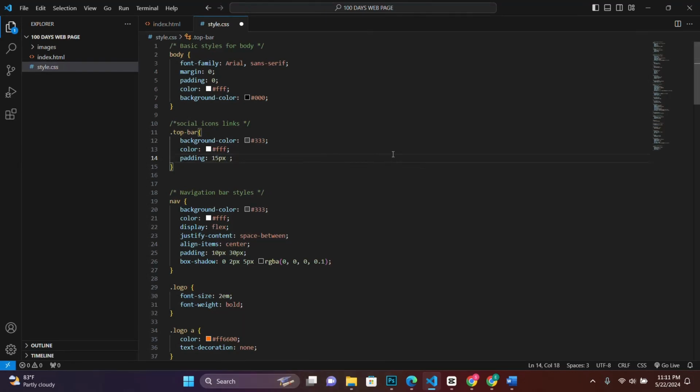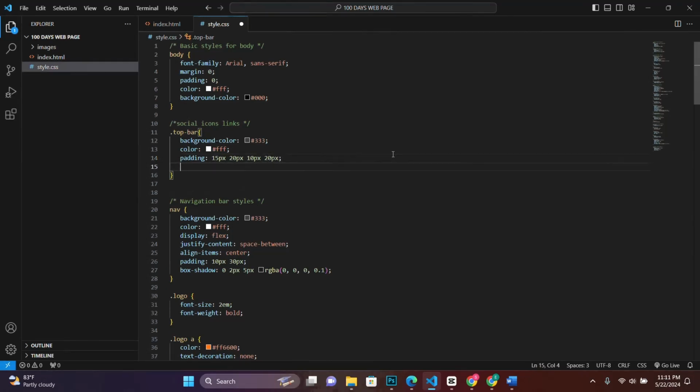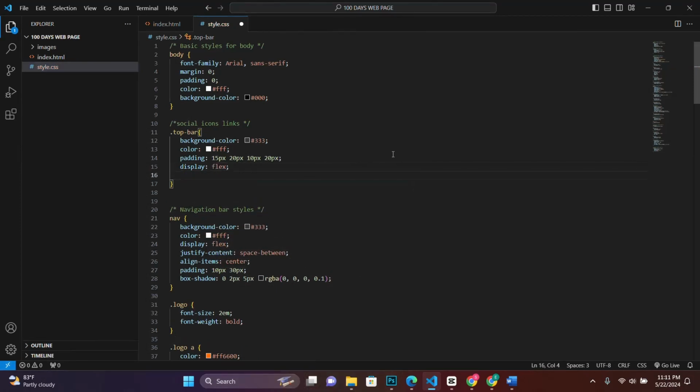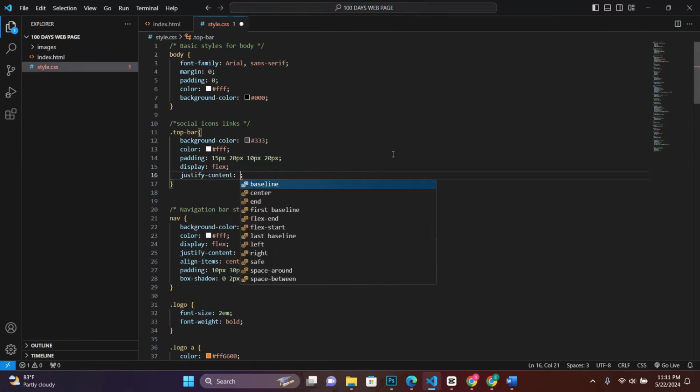15 px. I would like to have padding of right 20 px. Padding of bottom 10 px and left 20 px. Okay, that's fine. So the next thing we will add will be a display property, and we want this to display flex. Okay, and the next thing we'll add will be to justify our content, and let's justify our content